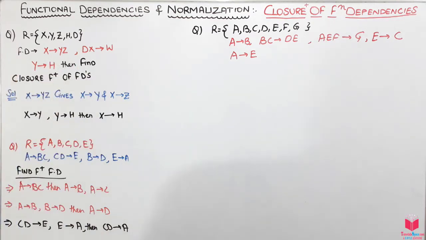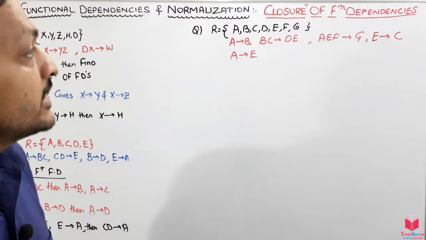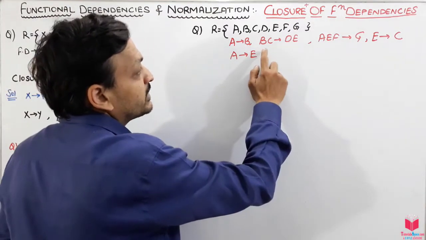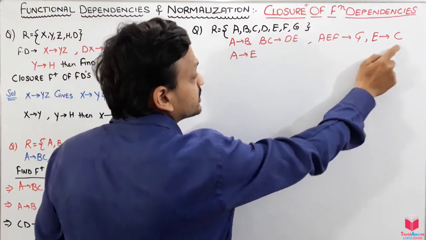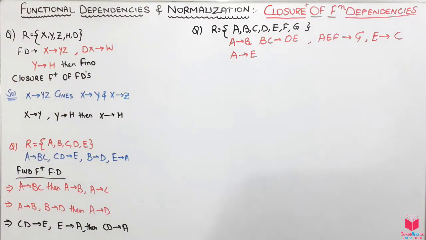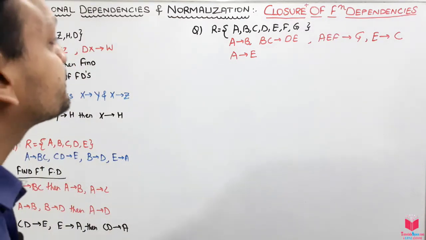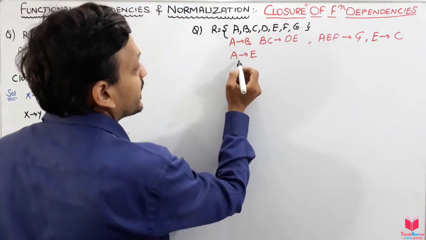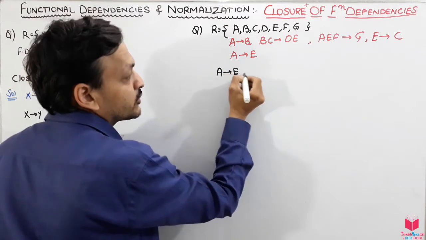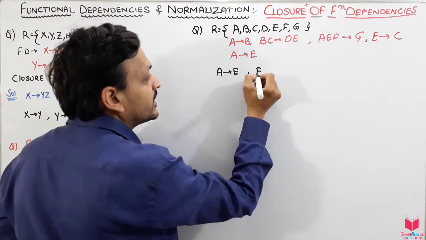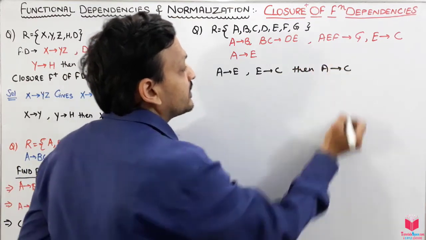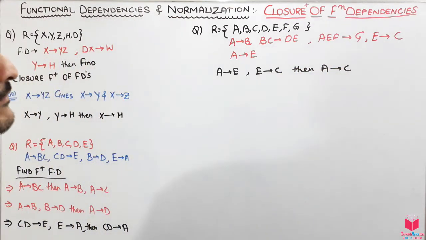Let's see, solving the question where we have given the relation A, B, C, D, E, F, G, and from this relation we have been given all these dependencies: A to B, BC to D, EF to G, E, C to C, and E to A to E. Okay, so let's see what other dependencies there can be. Let's see if we have A to B and A to E, is there any? No. Yes, there is: if there is A to E and E to C, then A to C will also be there because of transitivity.